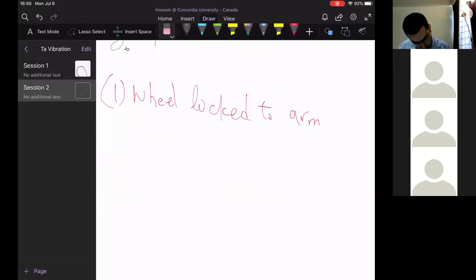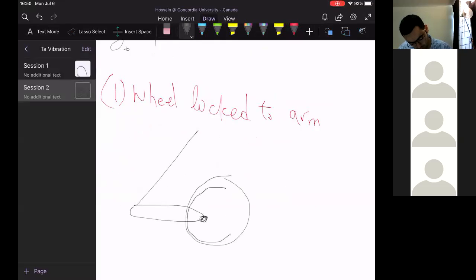So there is a shaft and there is an arm and there is a wheel assembly. Once the wheel and tire is locked, if I draw a line here,